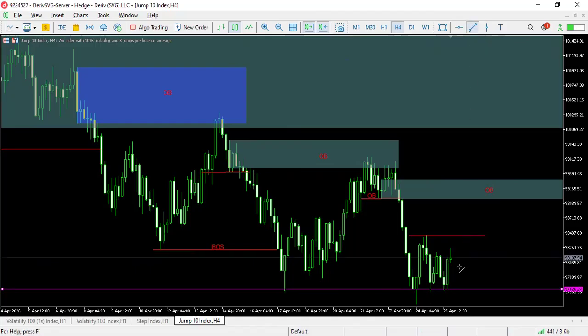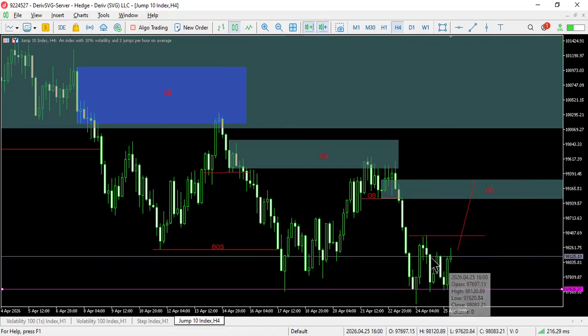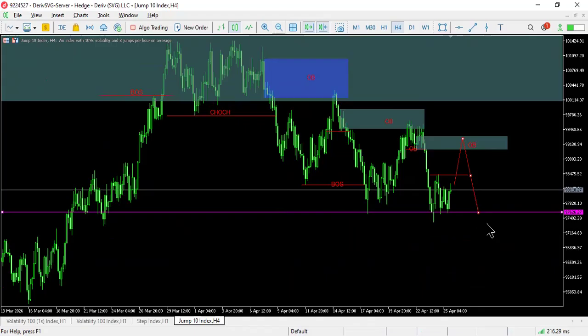So for jump 10, since I've backtested it, I'll be stopping the analysis at 4 hours because I realized at 4 hours the levels are so clear and the entries are straightforward. From my backtesting results, I saw that the levels and the entries are much clearer from the 4 hours, and I'll be mostly taking swing trades on jump 10 index. Therefore, now I'm waiting for price to sweep the liquidity that is sitting here to go and tap into that order block, and then I can expect a move to the downside